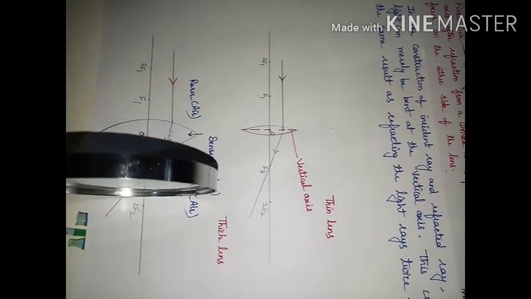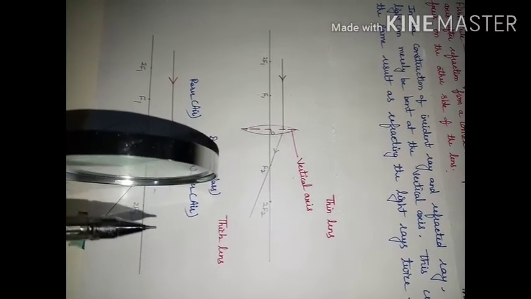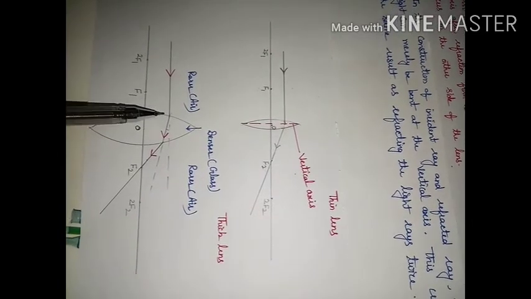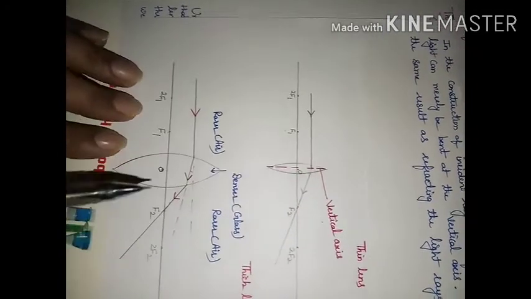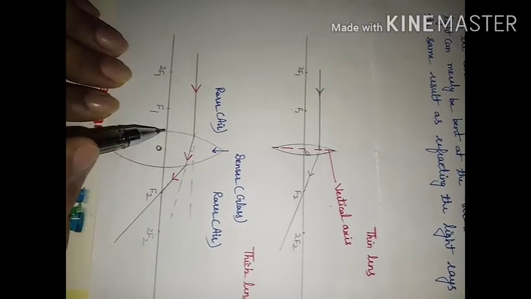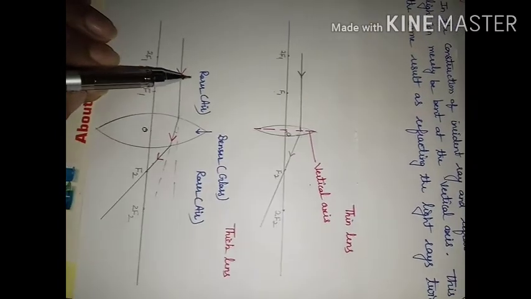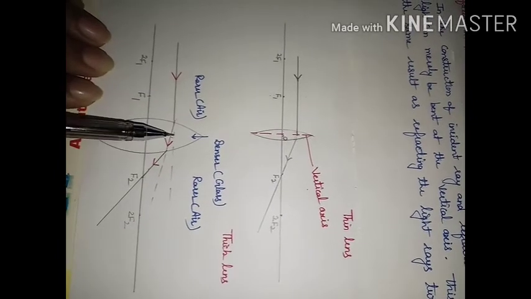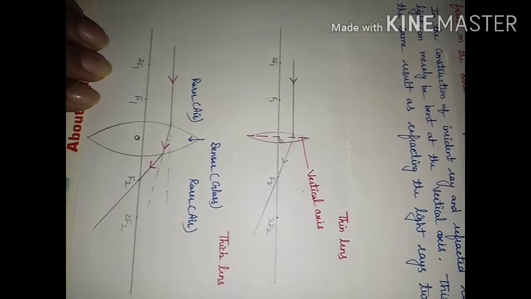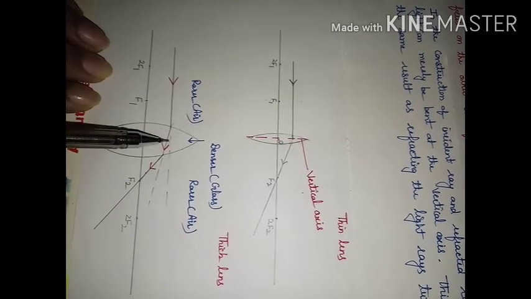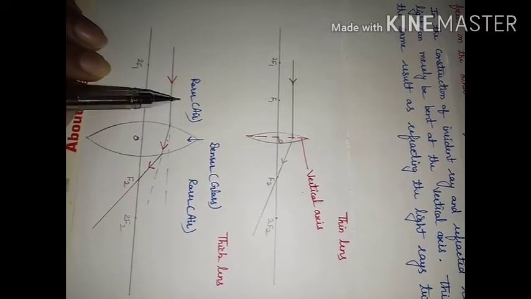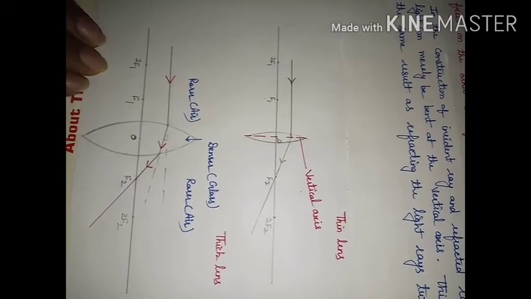Rays of light are coming from this side and emerging from this side. So ray of light is parallel to principal axis. Focus at this face now. Refraction will take place at this face. Ray of light is coming from rarer medium to denser medium. So what will happen? It has to bend towards the normal. So this ray of light will not go straight like this. When it is entering from air to glass, it has to bend towards the normal.